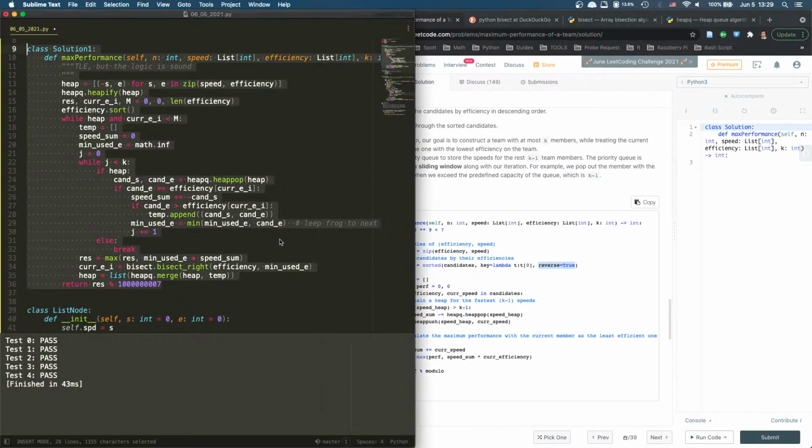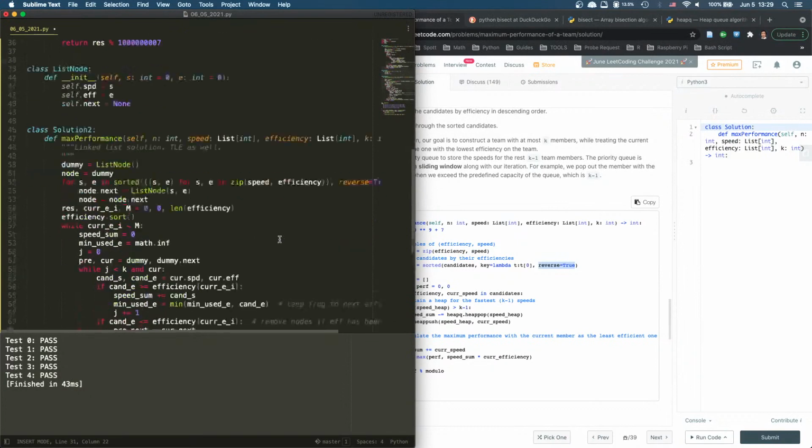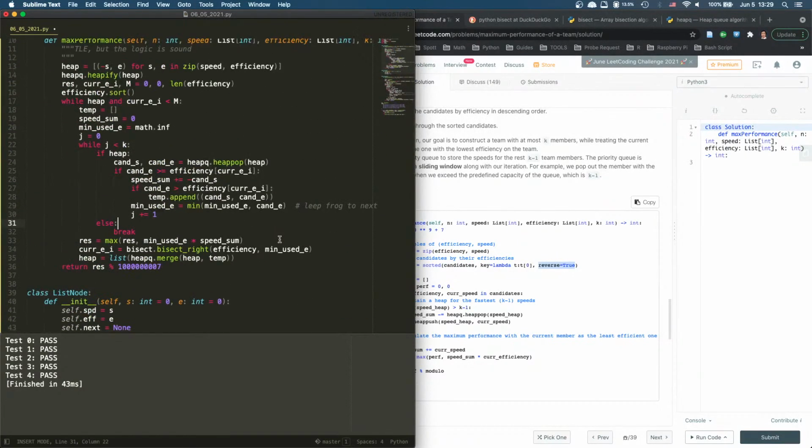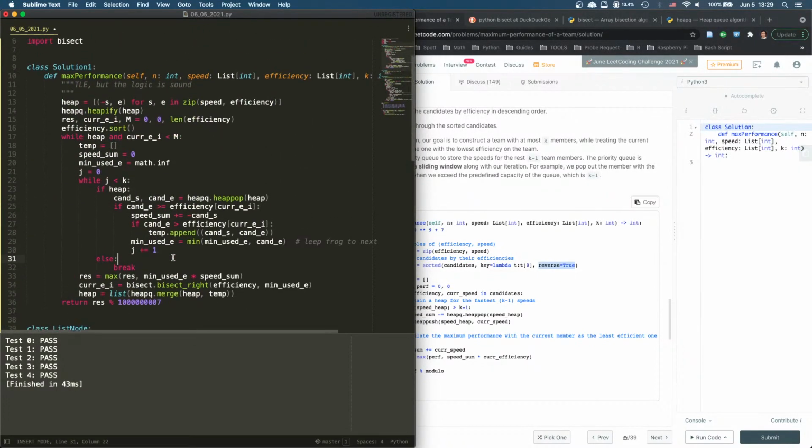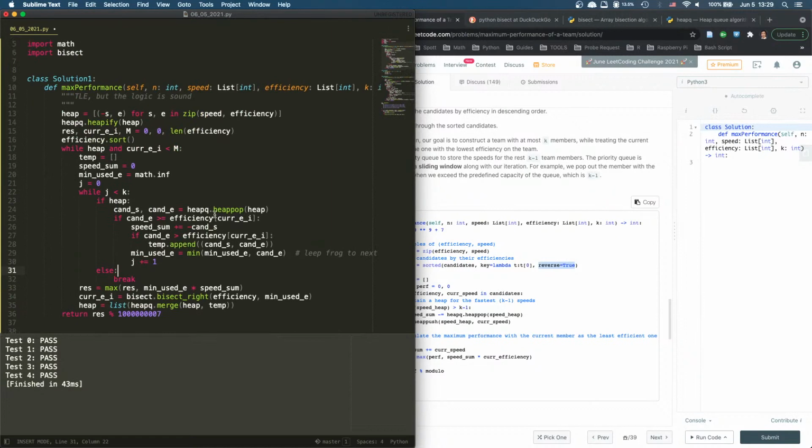Okay. All right, let's forget about the linked list. It's not going to work, right? Because with a linked list, you're trying to do it yourself. It's just going to be slow. So let's just focus on this. This is the idea I have, which is almost the same. I did realize we need to start from the lowest efficiency, right? So we start from the lowest efficiency, and as we go through it, my idea is to go through